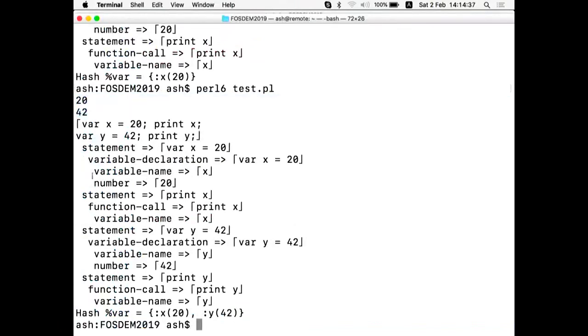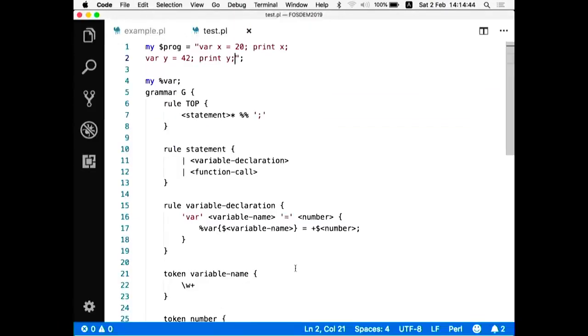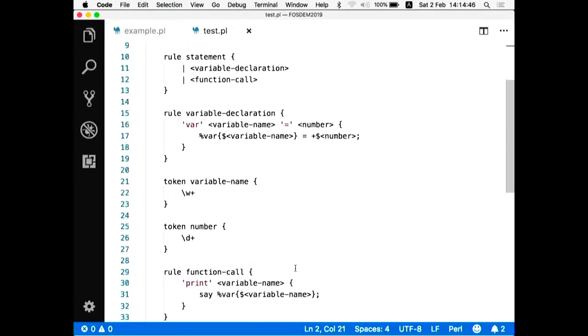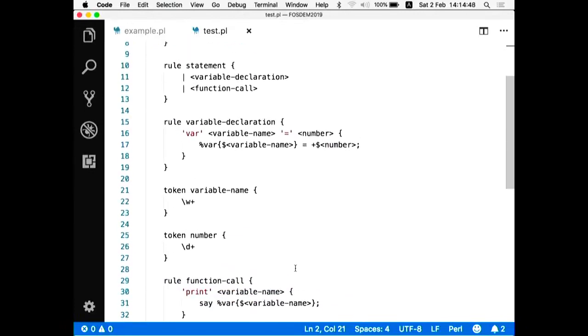And I also see what the structure of this program is. So basically, that's a really short demonstration of what you can do with grammars, and you can do it really quickly. It took me 5 minutes to type this, and it's already a working prototype of what you can expect. Of course, the bigger the language becomes, the more is your desire to split Perl 6 and regular expression